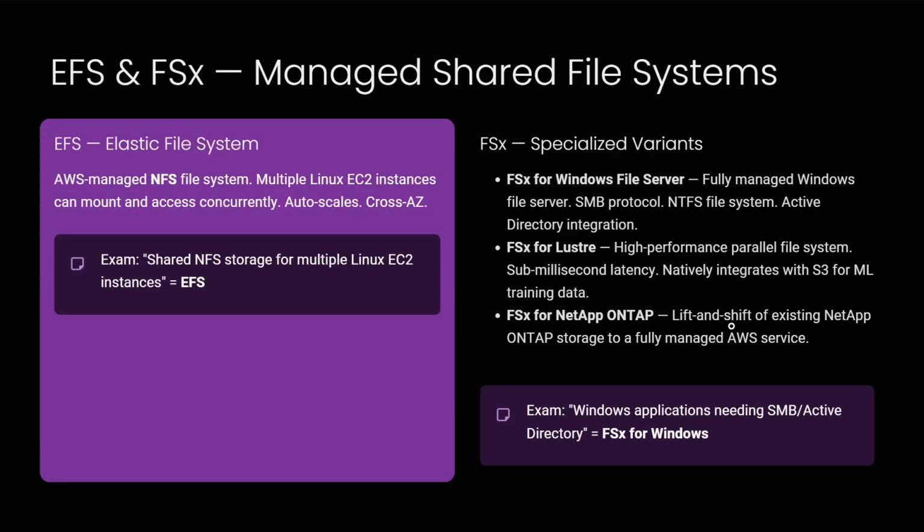So EBS is great, but it has a major limitation. It's a one-to-one relationship. You generally can't plug a single EBS hard drive into 10 different web servers at once. If you have a fleet of Linux servers that all need to read and write to the same exact folder at the same time, maybe they are all serving the same user profiles, then you want to use EFS, that is Elastic File System. It's natively built for Linux, and the coolest part is that you don't even have to provision a size.